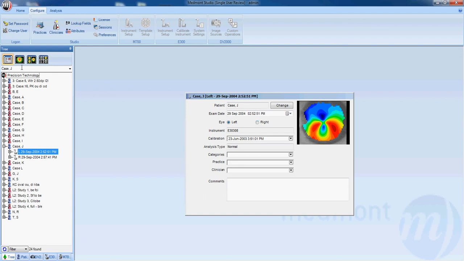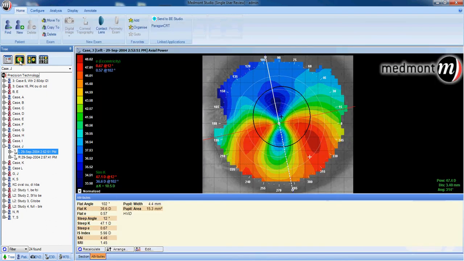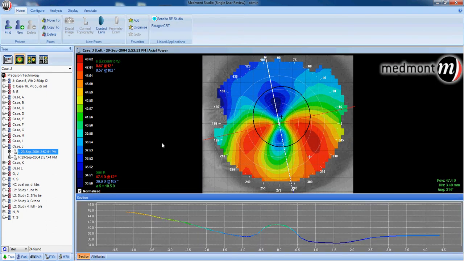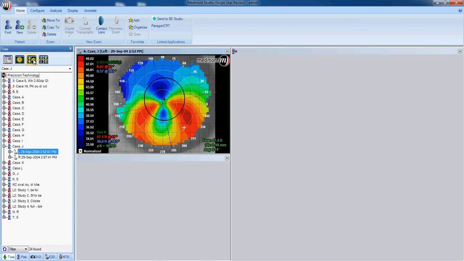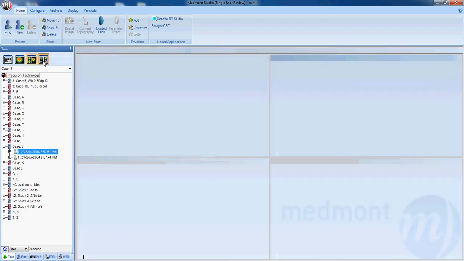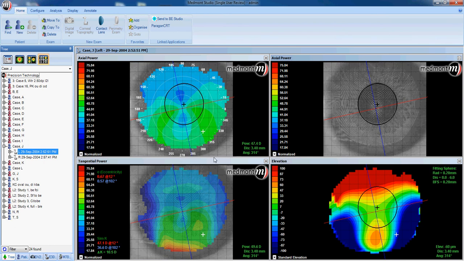The main function is your image button, and this allows us to view from 1 to 4 different maps simultaneously, and it's used most frequently. The third function is your comparison map, and this allows you to compare 2 instances in time, a pre-Ortho-K and post-Ortho-K, or a patient's last year's visit and this year's visit to see if there's any change in disease progression. The next function is your combination,